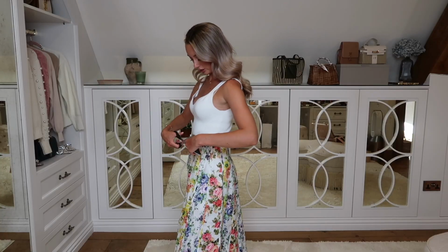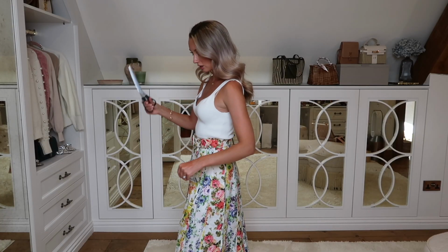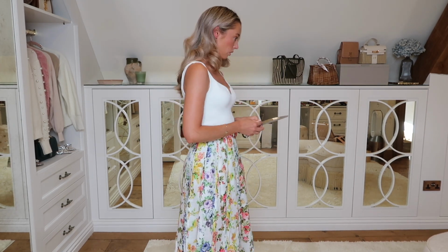I actually feel like I'm going to keep this outfit on. It's so warm and muggy today that actually I think I'll be more comfortable in this than the long sleeve dress. So the ceremonious snipping. Ta-da! And the skirt is officially mine. I think it is absolutely gorgeous. Because it's so windy, I think I will take a nice long cardigan with me as well. But I'll pop on